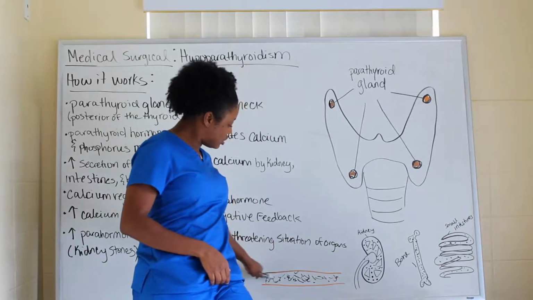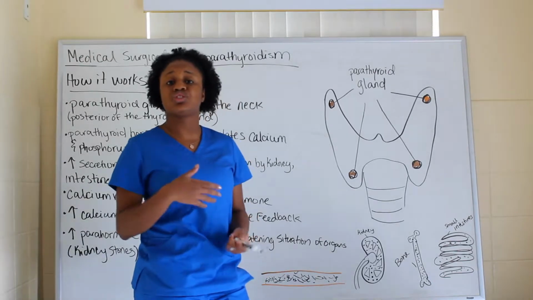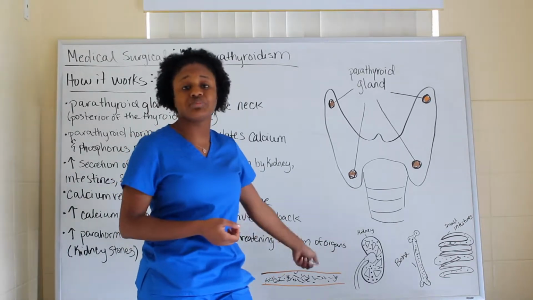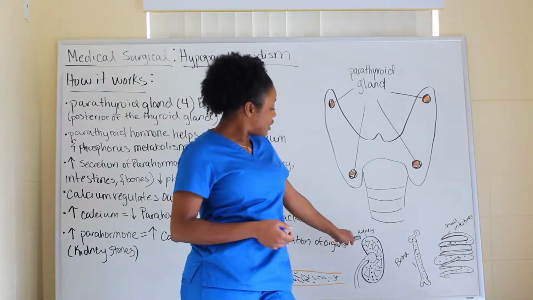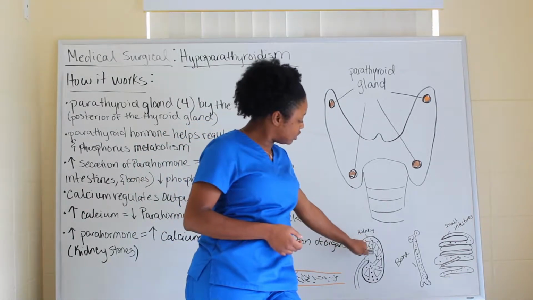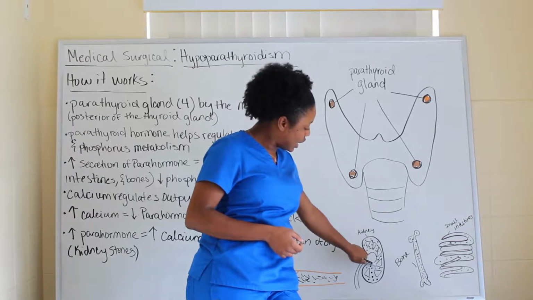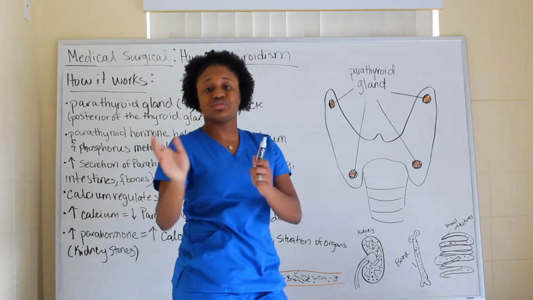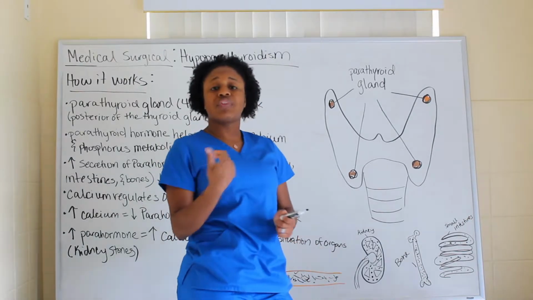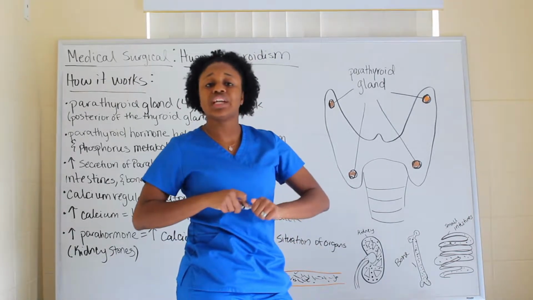The body is going to say, hey, kidneys, we need you to help get rid of some of this calcium because we have way too much in the bloodstream, right? So when all of this calcium is in the kidneys and has to be passed through the ureter to then go into the urinary bladder for you to excrete it, you find yourself having calcification,